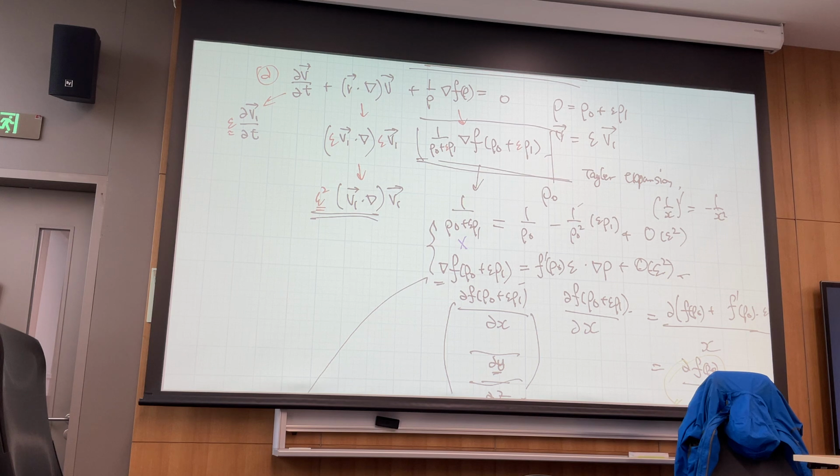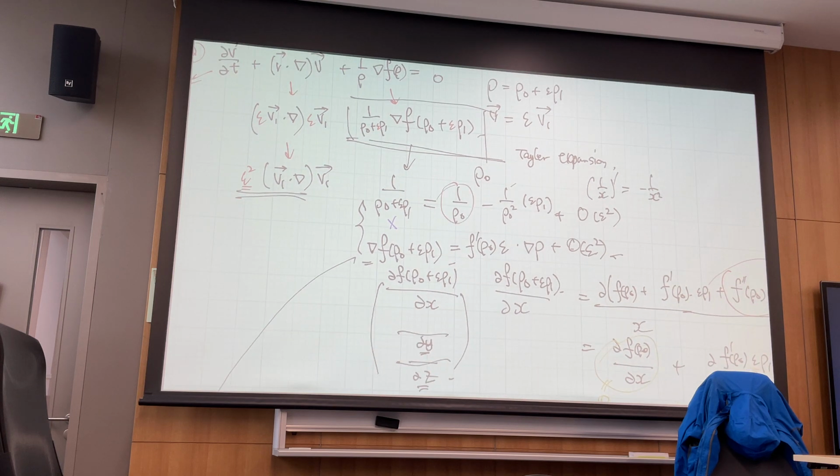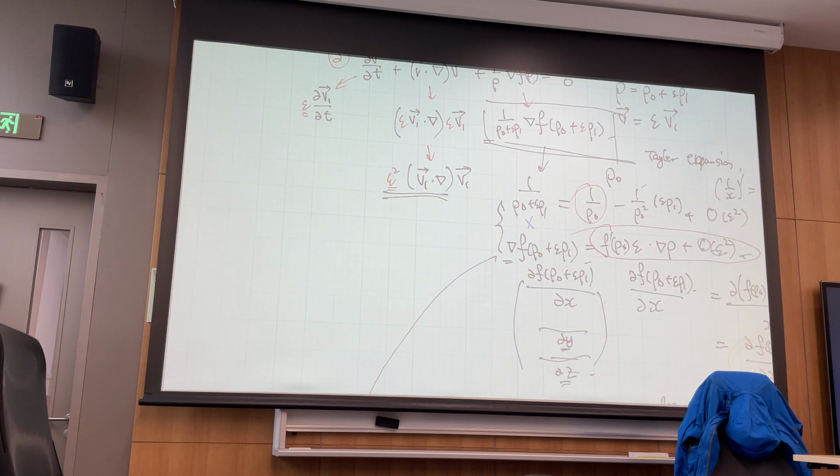Higher order terms multiplied by this, again, higher order terms. So finally, to conclude, what we do care about is this multiplied by this, which means that their product is